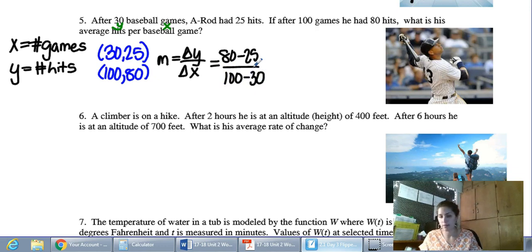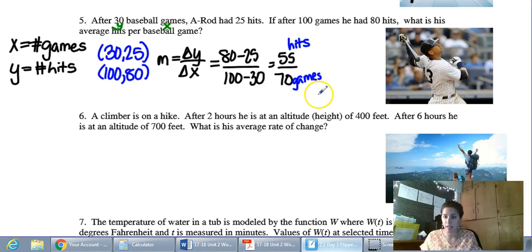80 minus 25, calculator, is 55 divided by 70. If I stop right there, I technically could give this a real-world meaning. y is all about hits, so that's 55 hits, and then 70 is an x value, x is games. But I'm not really interested in the statistics about how many hits per 70 games. I want to know how many hits per game. So to do that, let's divide. We're going to do 55 divided by 70, and we get